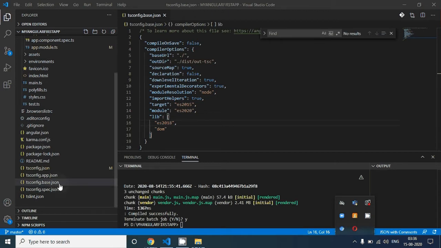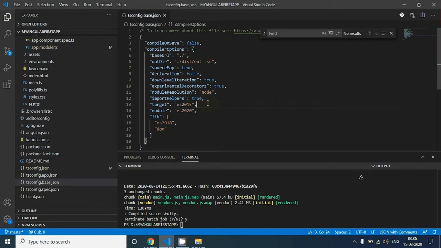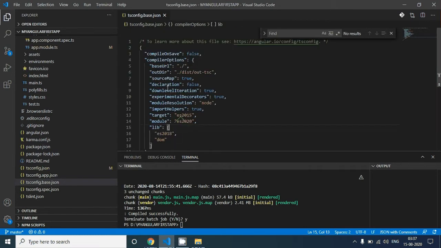The tsconfig.base.json file contains TypeScript and Angular compilation options that all projects in the workspace inherit. This is the file from which all the other configuration files inherit. Here you can see we have the compile on save option, base URL, output directory, and sourceMap equal to true.